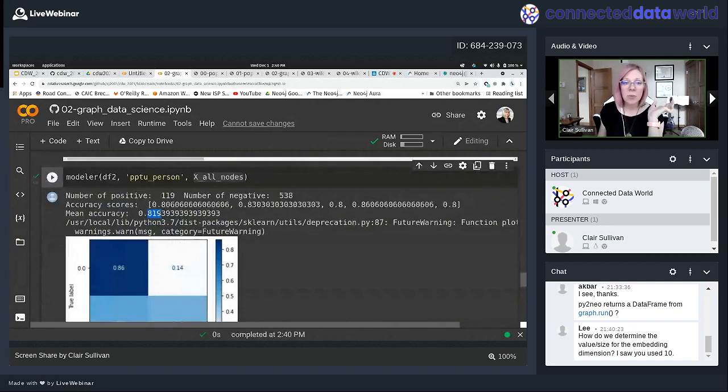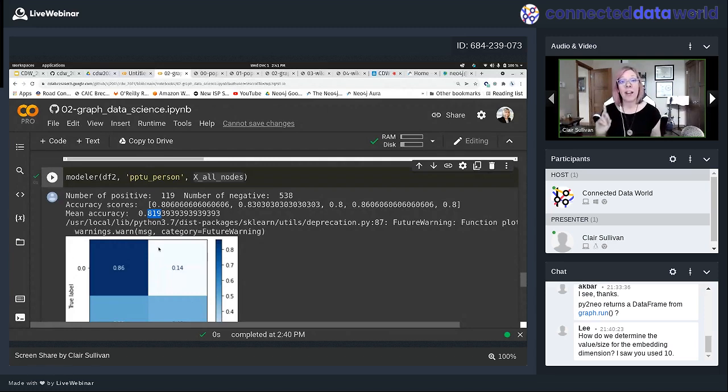I have 82% accuracy. Now let's stop and think about what that means for a second. I have roughly the same accuracy as I did for my word vectors, but my word vectors, if you recall, were 300-dimensional, and my node vectors were only 10-dimensional. Further, spaCy, which generated those word vectors, has all kinds of optimizations built into it. I didn't do anything to optimize these vectors at all. There's all kinds of hyperparameters you can tune here. I didn't do any of them. So if you think about that, that's actually pretty impressive. I've now compressed my embeddings from 300 dimensions down to 10.